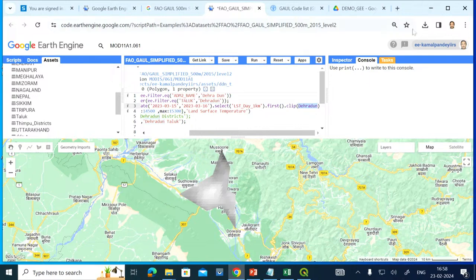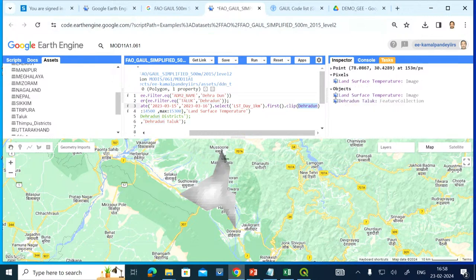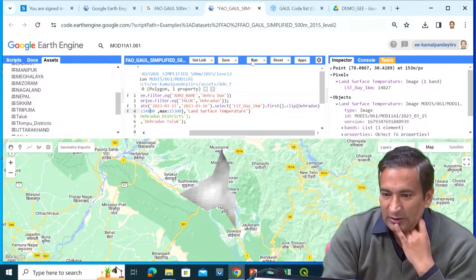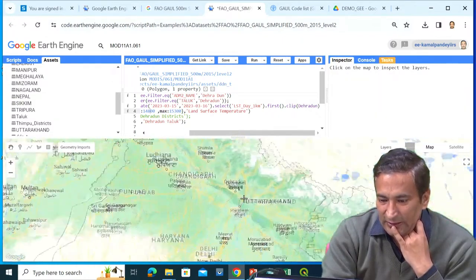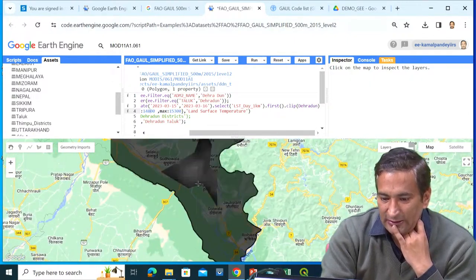Now go to this inspector, click here again, the temperature is 15203, here the temperature is 14827, 1551, 247. So it will change now. You can write 800 and 1500 for this. If I run and check it, the visualization will improve. You can see I now have more gradients here.